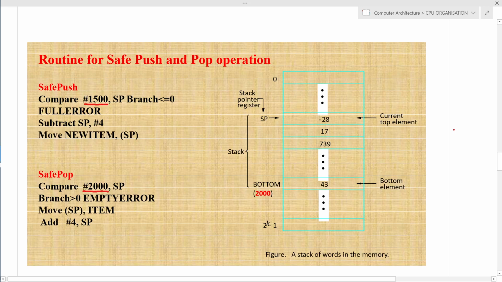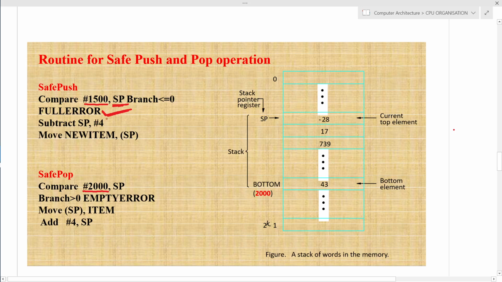First I have to compare the value of the top address, which I have considered for my stack, with the value of the stack pointer. And if the branch value is less than or equal to 0, then it is a full error.